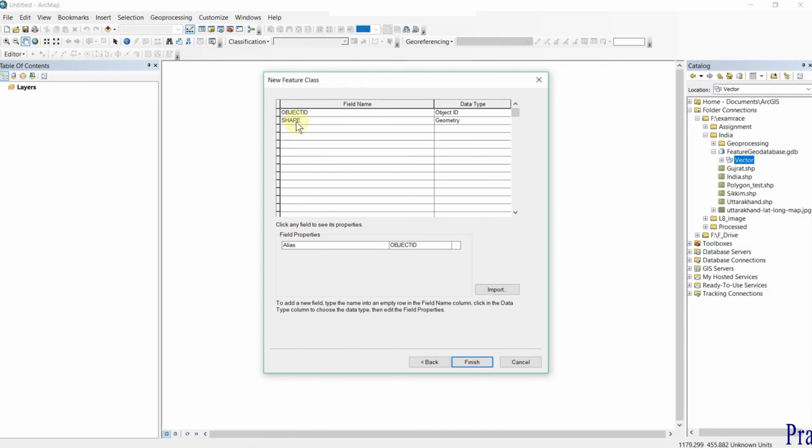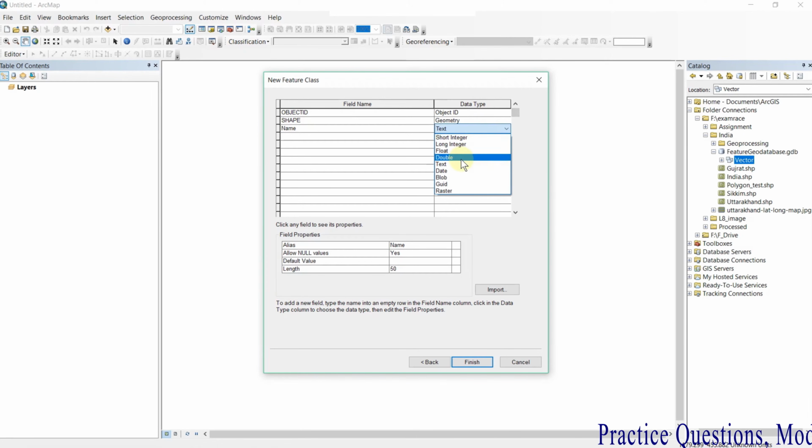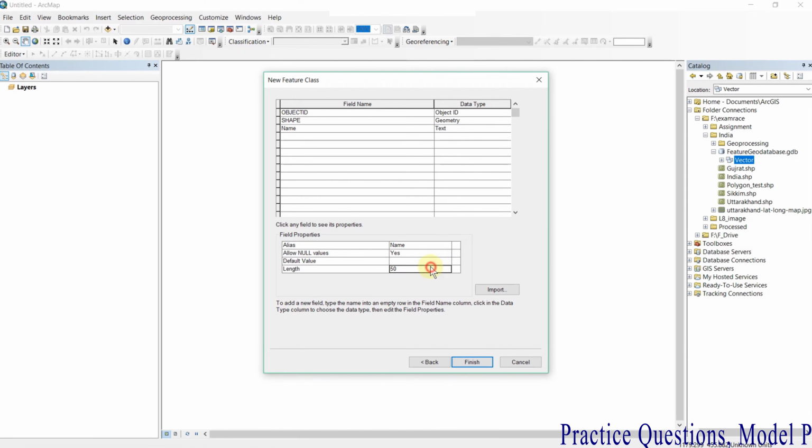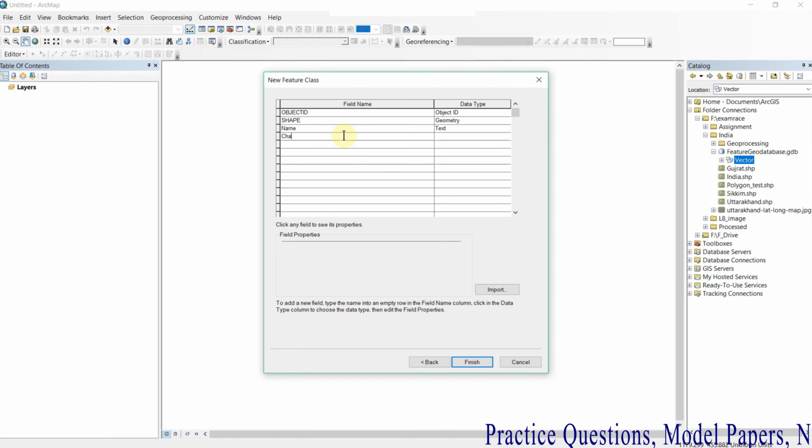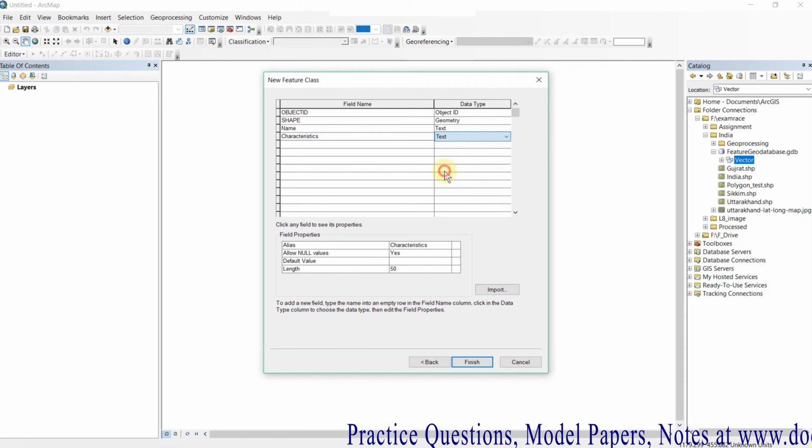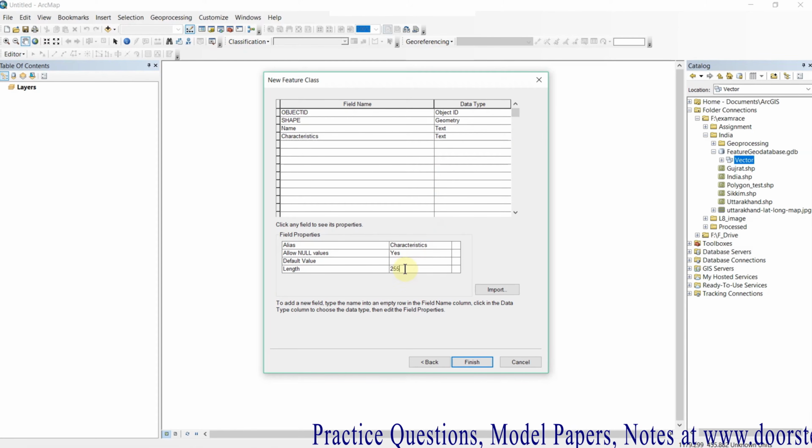Next, by default it always comes with two fields, that is object ID and shape. Here I am giving one more field, of text type, and the length is 255, and another one more. You can add as many fields as you want for the data that you work with.